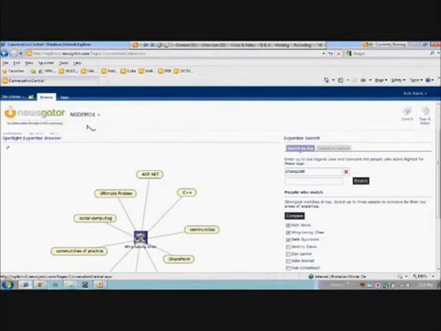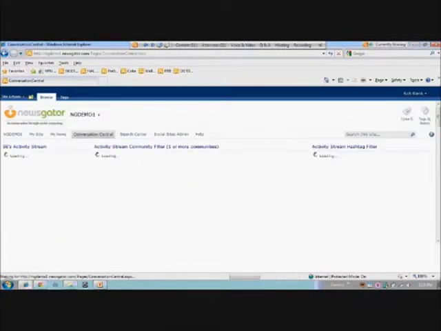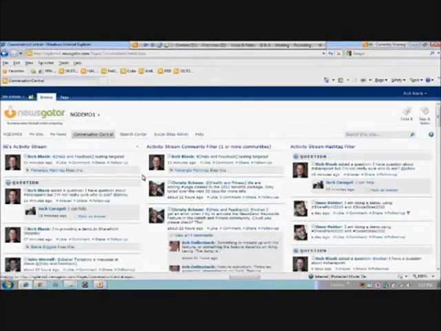Some of the other things I can do, as I get into using this system, is begin to surface some of the conversations that are going on. I can embed these web parts, again, anywhere inside of my portal, inside of SharePoint, wherever they may exist. The idea here is that I can provide a filtered view of one or more individuals' public microblog activities. I can provide a filtered view of a particular community. I can also provide a filtered view of a particular hashtag. So this is a way to surface some of the bottom-up conversations that are happening and showcase that. I know we use this internally.